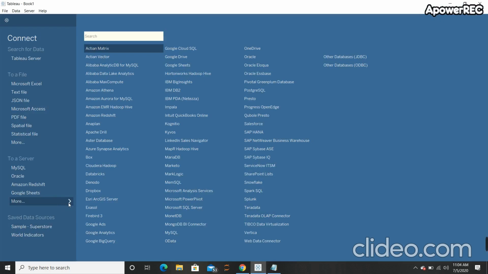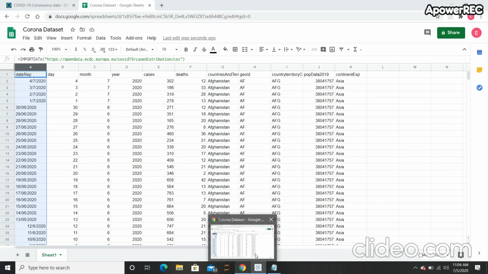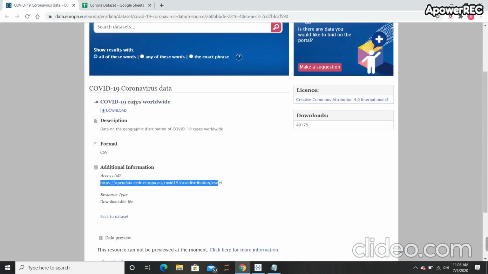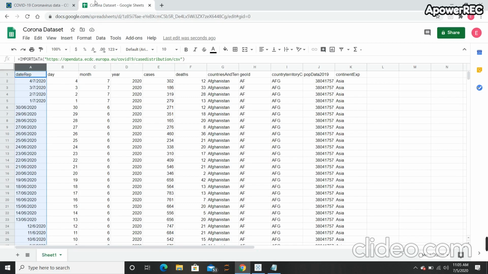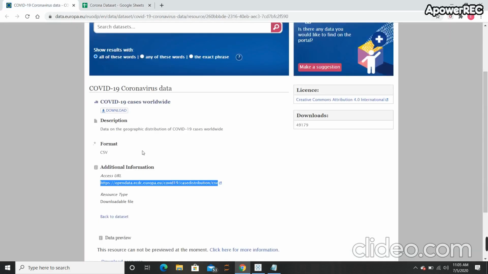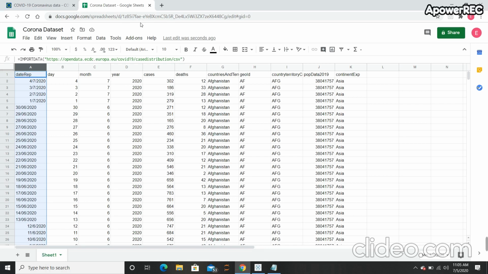Now I want to connect this Google Sheets dataset. Now believe me, once the data gets updated in regular intervals, it is visible in the Google Sheets data. So I don't have to copy the original link inside my Tableau, but I have to copy this Google Sheets link inside my Tableau.